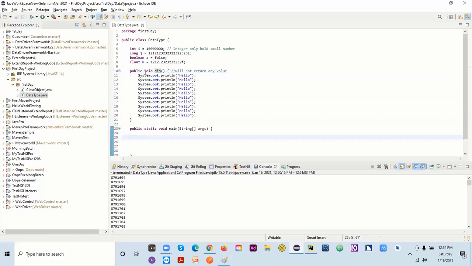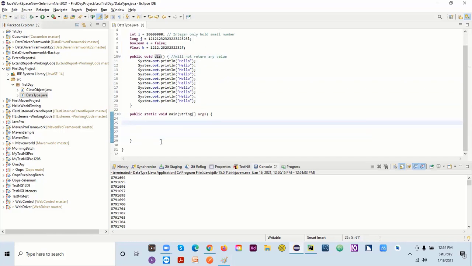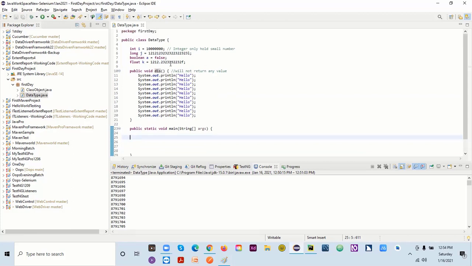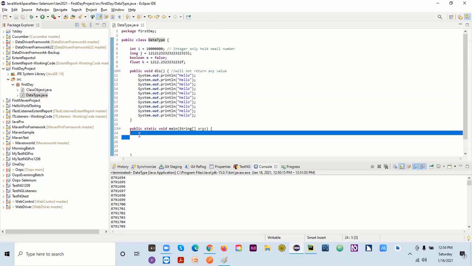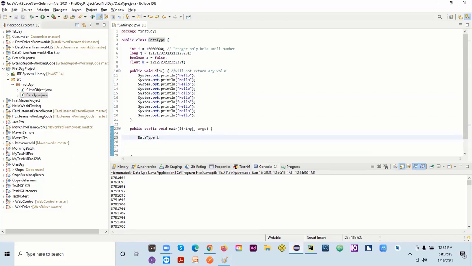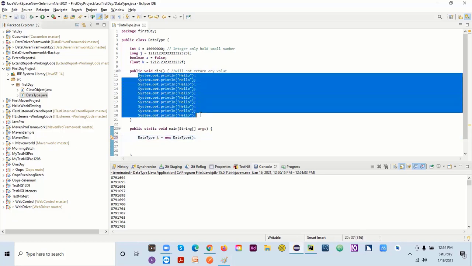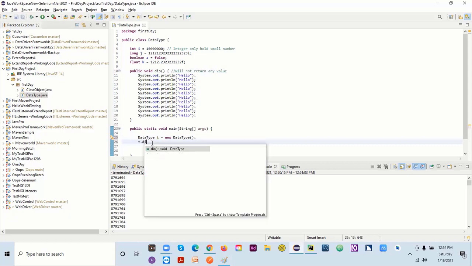Because I am not using static here, I have to create the object. So the object will be t equal to new, this one. This is my object. I want to access this. I just want to write hello 10 times, so I can directly say t dot this.